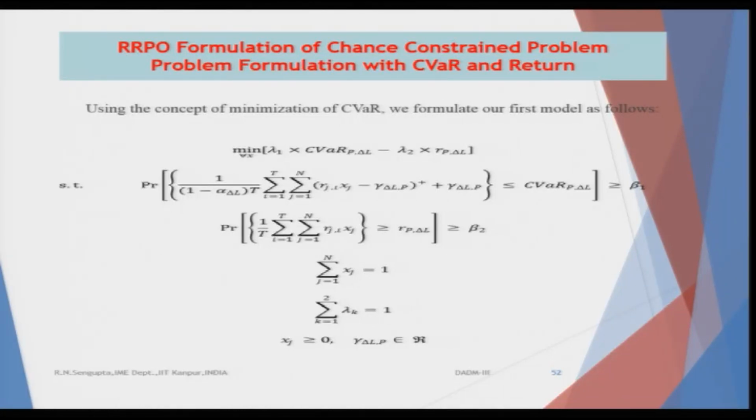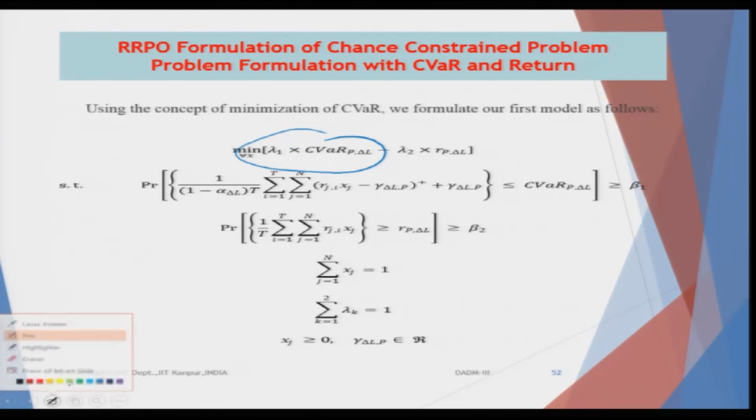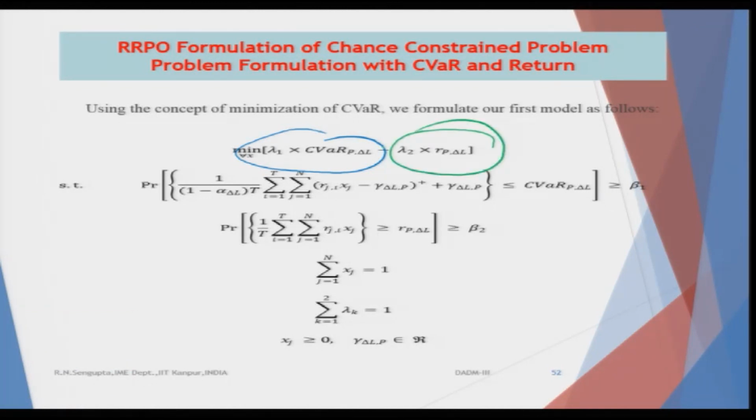So, what we do is use the concept of minimization of CVaR, or conditional value at risk, and also we try to find out the maximization of the return on the portfolio. Minimization of the minus value basically means the maximization. So the first part is the conditional value at risk which needs to be brought down. The second part, with the minus sign, minimization of minus is basically increasing the return on the portfolio, and very simply the constraints have been formulated in a very simple manner.